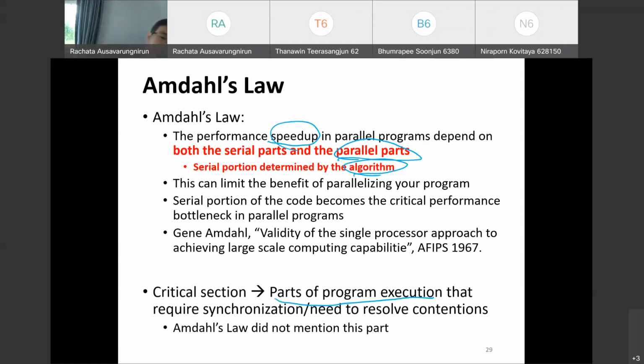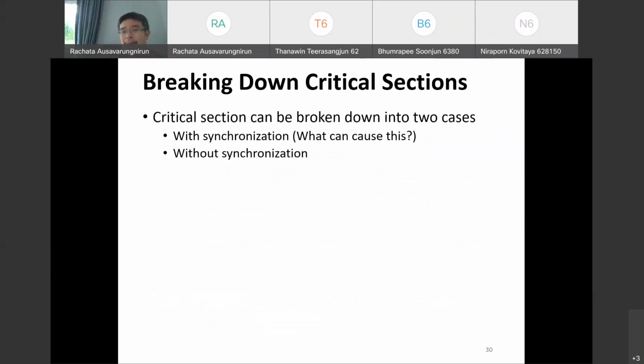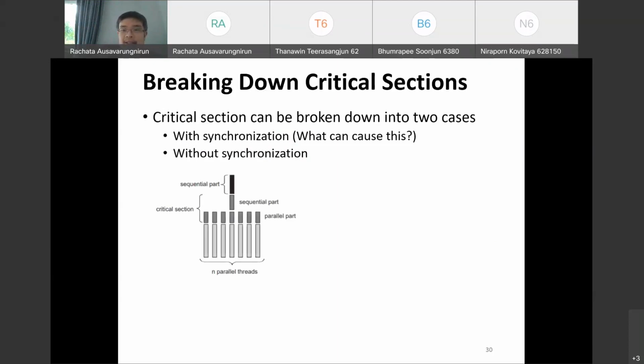And the classic 1967 definition of Amdahl's law doesn't really mention this, so let me break it down here. A critical section can be broken down into two cases. The first one is what we covered today with synchronization, blocking processes, for example. Sometimes it comes without synchronization. Here is one example of a critical section. You have a sequential part, and here is a critical section where you still have parallel parts, but all those parallel tasks, the 7 blocks here, they all have to finish at the same time